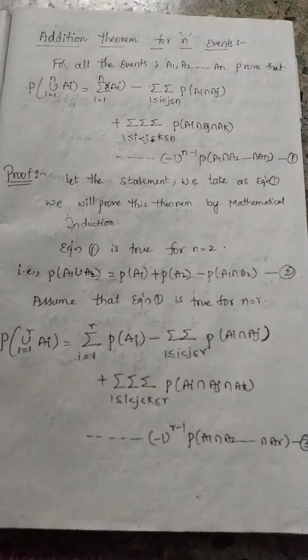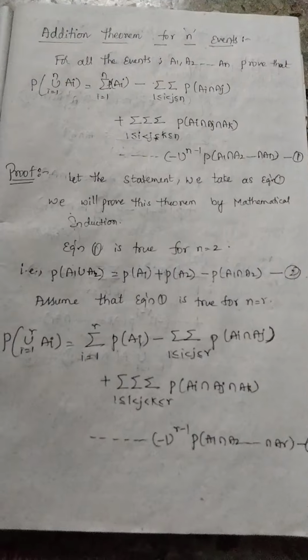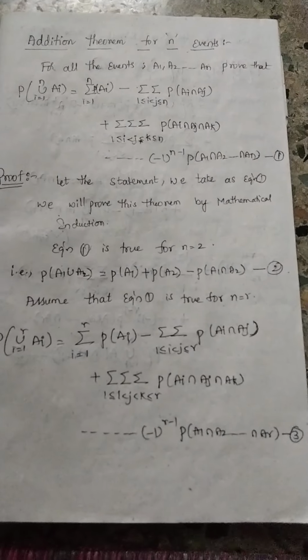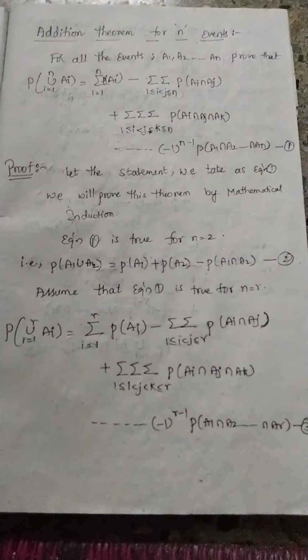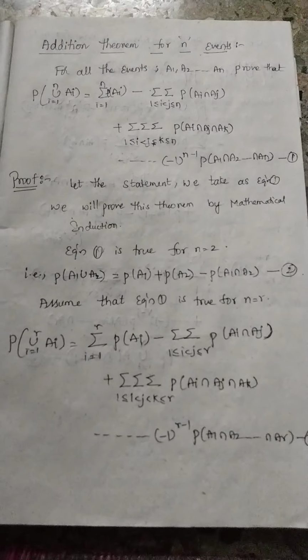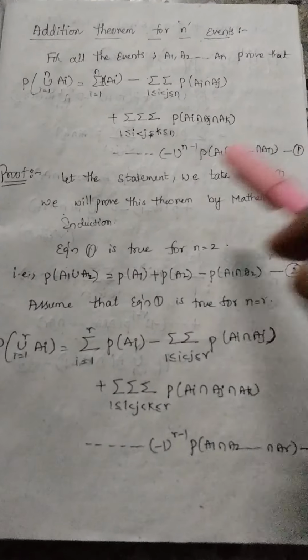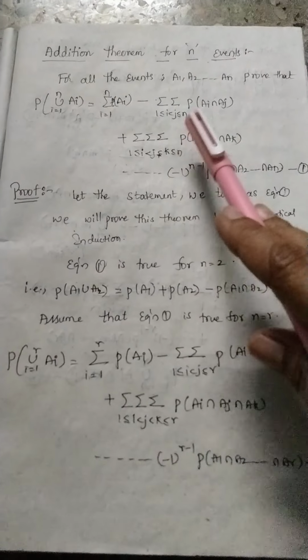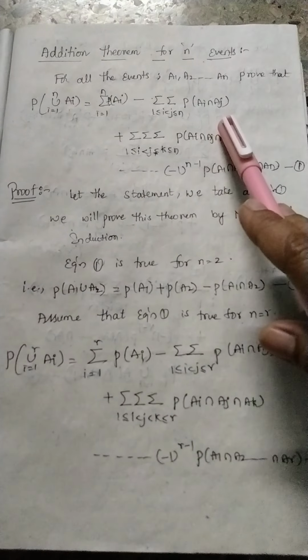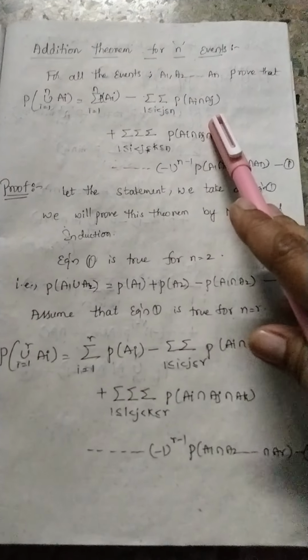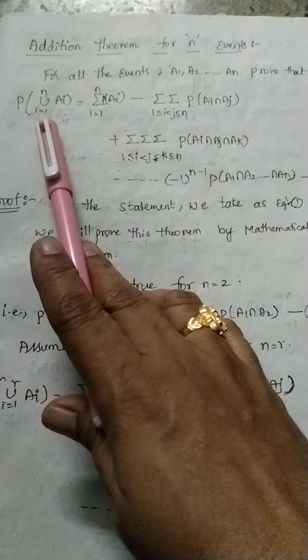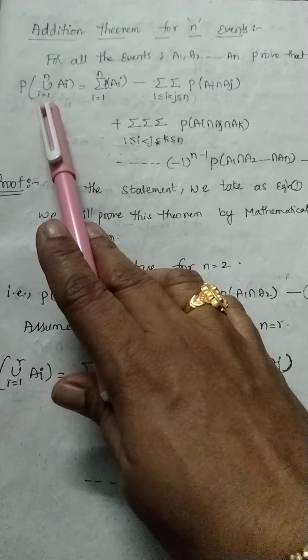Today I am going to give you an important theorem in probability, that is the addition theorem for n events. Here we have A1, A2 and so on, An as your events. Then we have to prove that the probability of the union i equal to 1 to n of Ai,